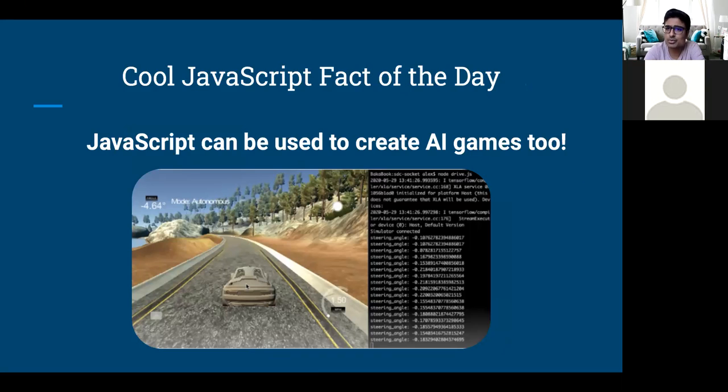The language which we are studying and making projects with, JavaScript, can be used to make games which involve machine learning and artificial intelligence. Like an example down here, we got a game, looks like the car is going to drive autonomously, meaning the car is going to drive by itself in this video game. And the way in which that is possible is that we can use the language of JavaScript.